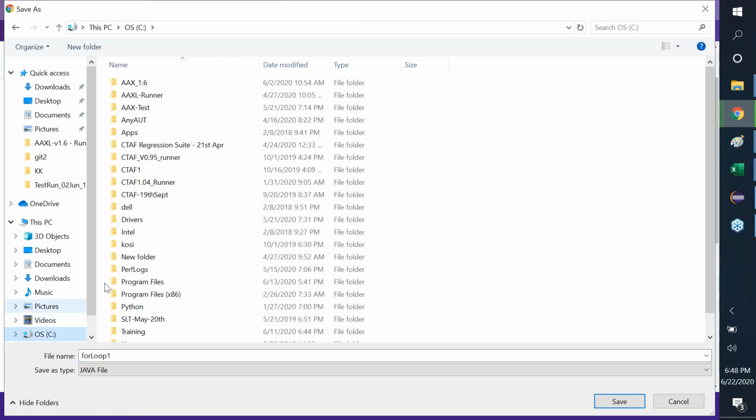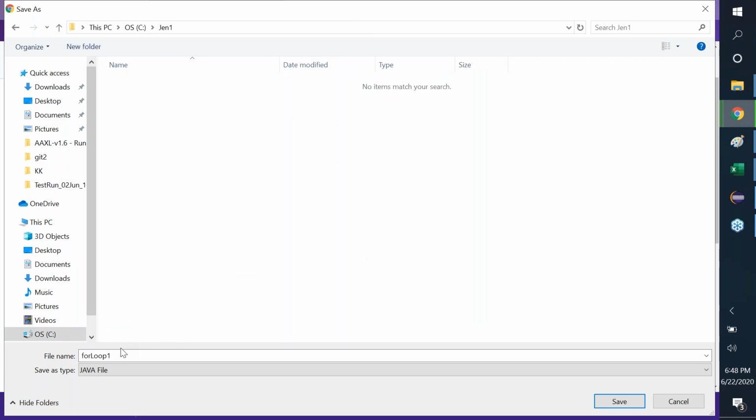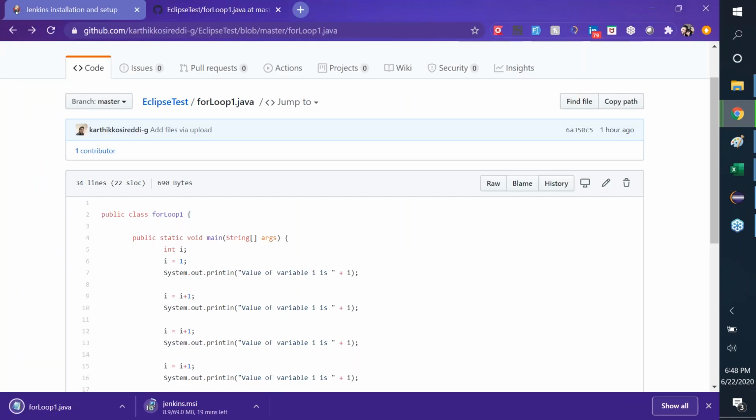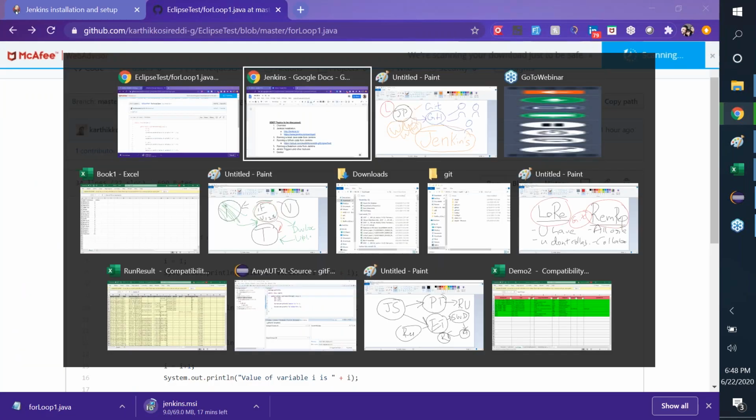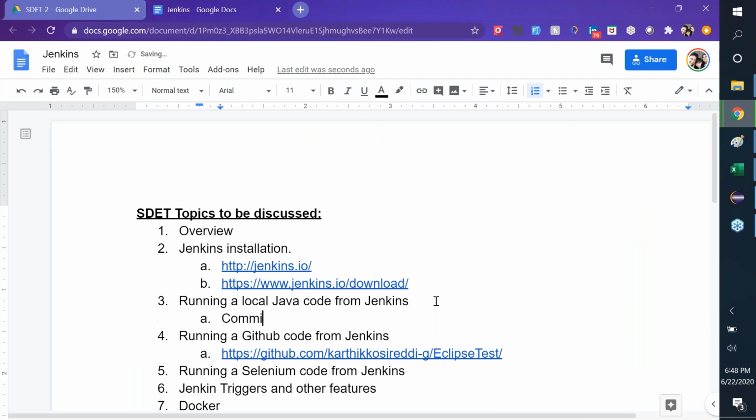C drive. Just create a folder here called Gen1. I'll put a for loop 1.java, just a simple Java file here. Okay. Now, you need to do some command